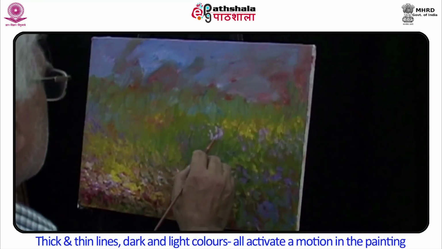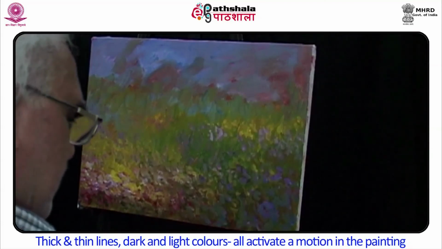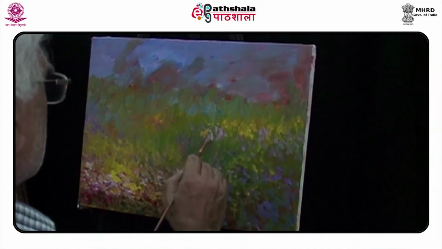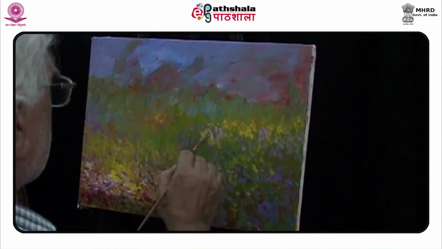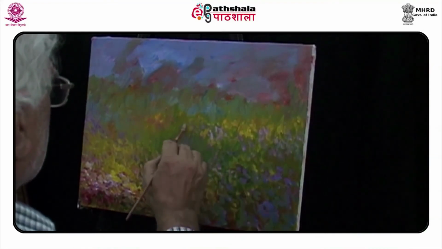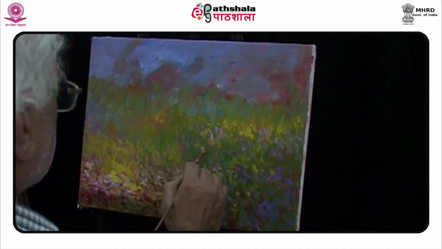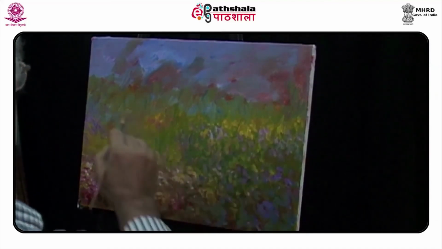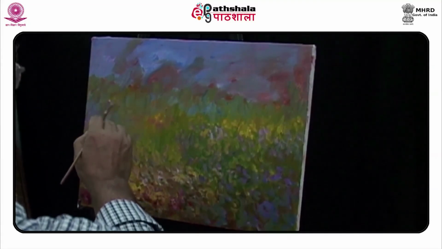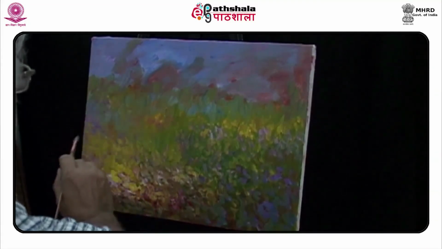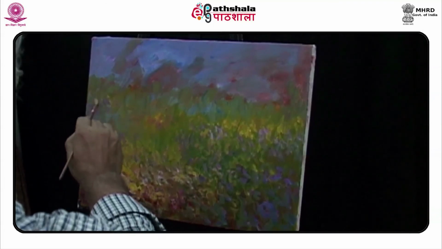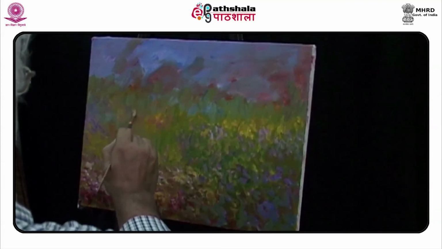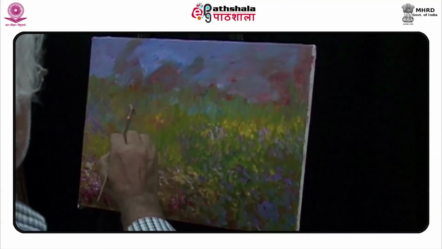Thick and thin lines, dark and light colors, all activate a motion in the painting. The interconnection of the surface along with colors is a perfect way to create a painting. One forgets by the end what was the technical ground of painting.